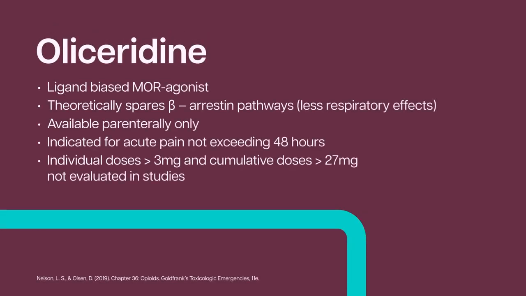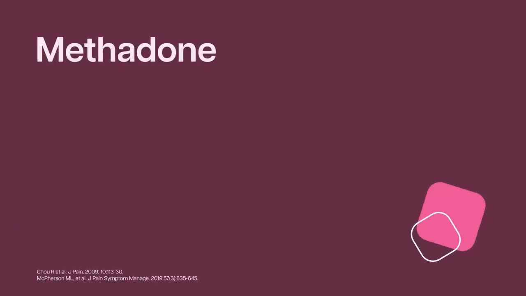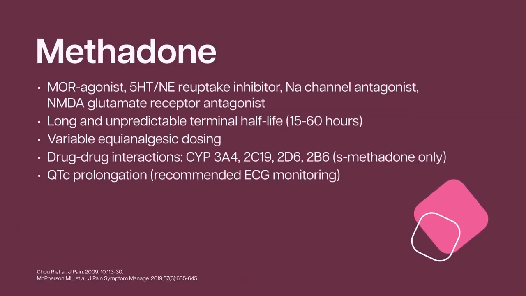Oliceridine is the first ligand-biased mu receptor agonist. It also theoretically spares beta-arrestin pathways, which leads to less respiratory effects. It is indicated for severe acute pain and should not be given longer than 48 hours, and it is available parenterally only. Methadone is a long-acting mu receptor agonist, a serotonin and norepinephrine reuptake inhibitor, a sodium channel antagonist, and